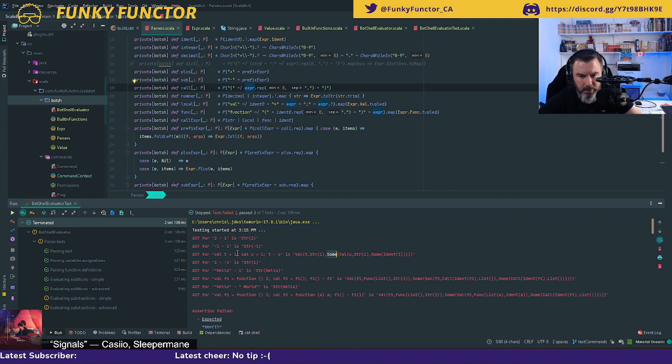So t1, okay. Sum of val, u, and str1. And then it only finds ident of t. It doesn't see the -u after this. So why doesn't it see the -u?